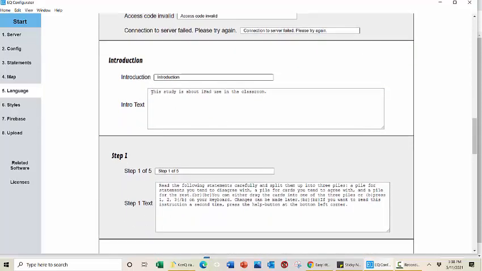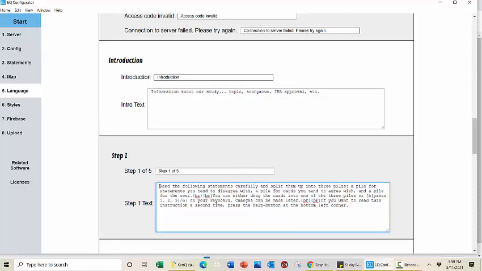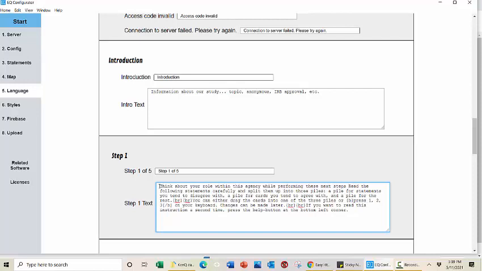And again, this is where we would have our information about our study. Topic, anonymous, IRB approval, etc. And down here we will give the condition of instruction. Think about your role within this agency while performing these next steps. And then we'll do, I think it's